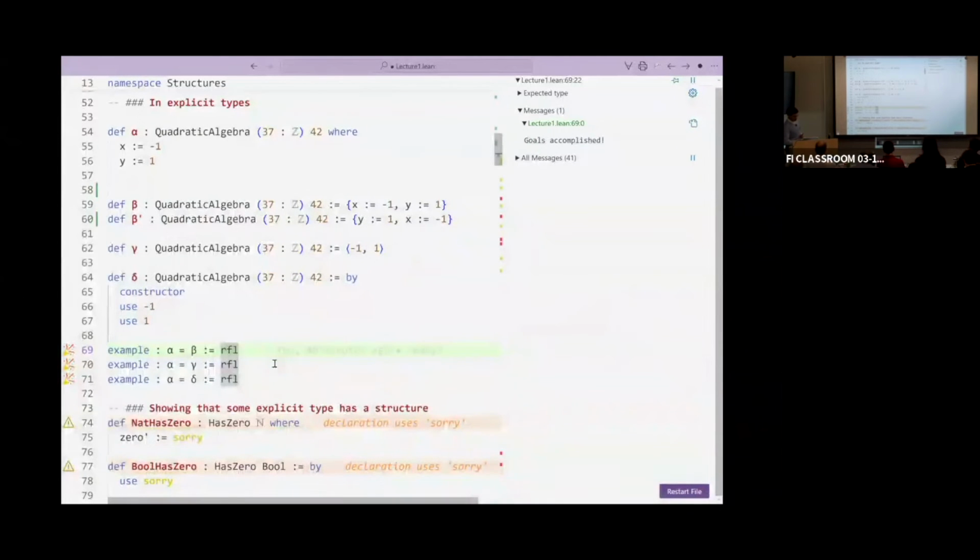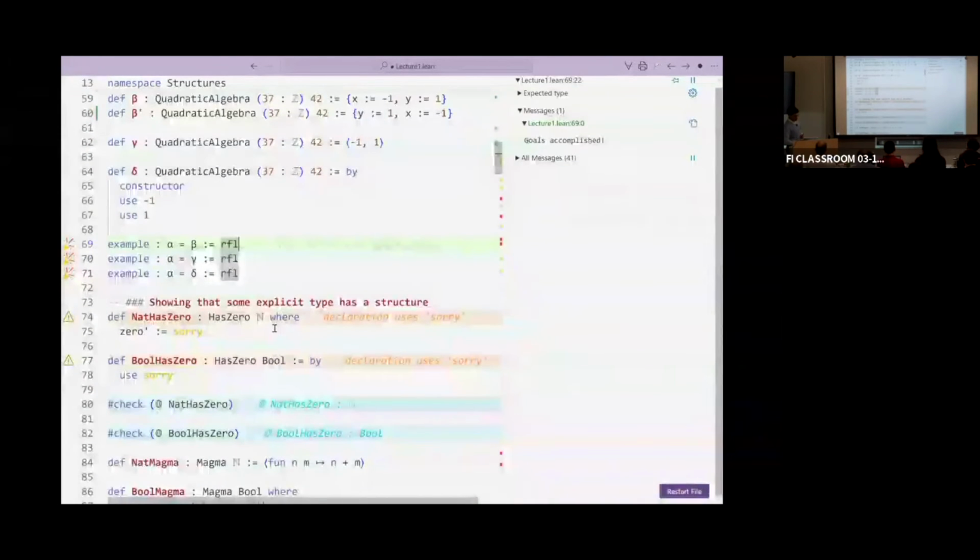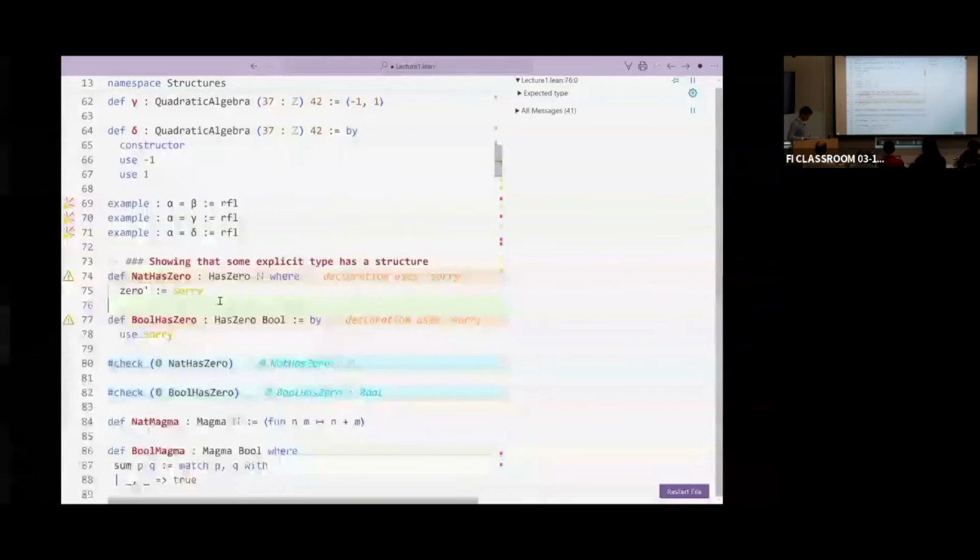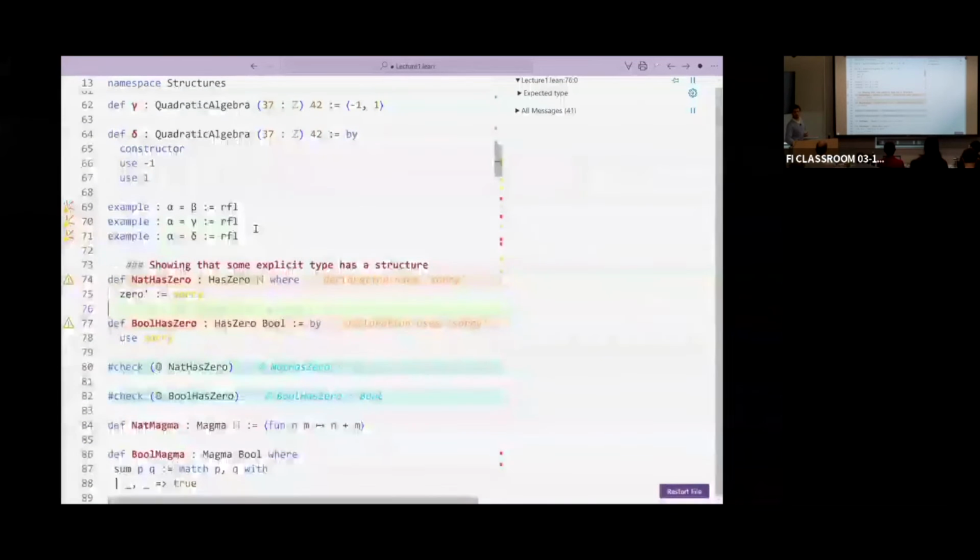But there is another thing you can do. I've defined the idea of a monoid or of a magma, and later perhaps of a topological space, and now I want to show that N or R or the Hamiltonians or whatever has this structure, in the sense that it can be endowed with the structure of a group, a ring, or a topological space. This is done in the same way, and this is not completely absurd.